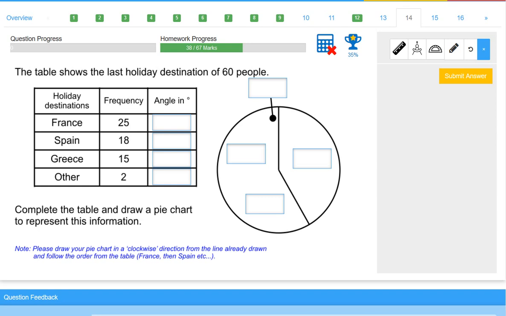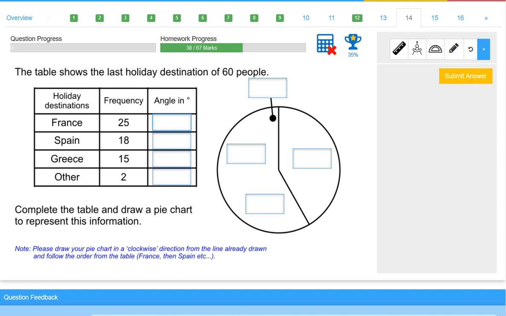I know that there are 60 people. I know that a full revolution on a pie chart gives me 360 degrees. So all 60 people have to somehow represent 360 degrees. So the question I'm going to ask myself is, how much is one person? An easy way to do that is to do 360 divided by 60, and that tells me that one person